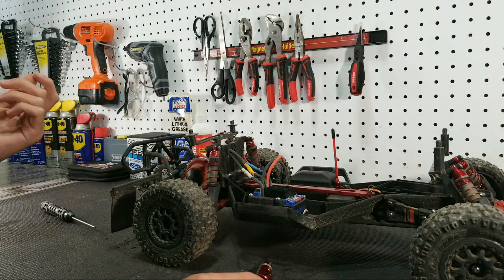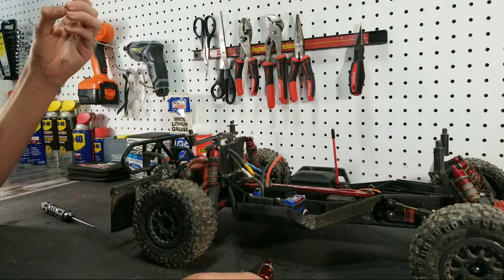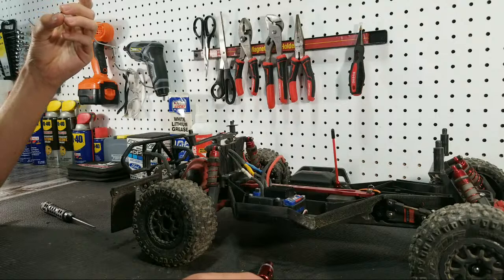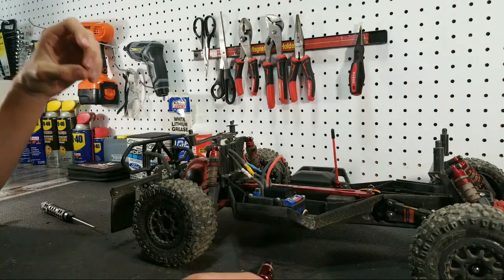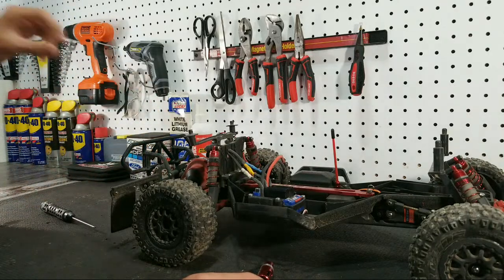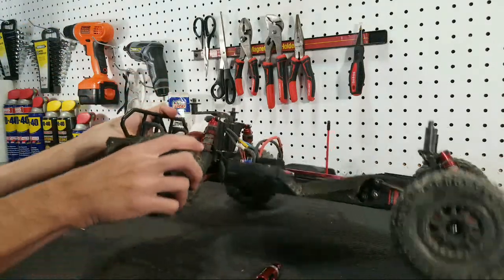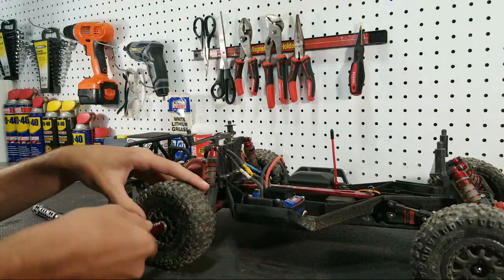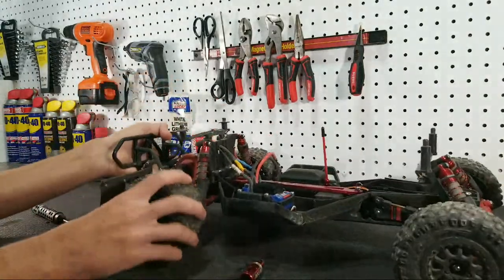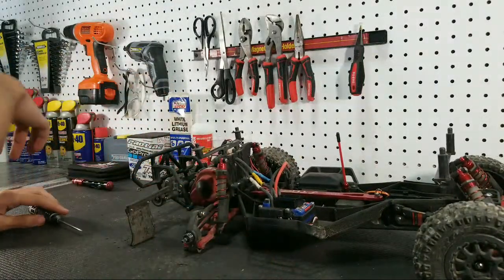Huh. Well, we'll find out. Oh. I think I might know what this is for. I think that might actually be off my Stampede, which is the other car I broke. I think I stripped out the rear differential, so